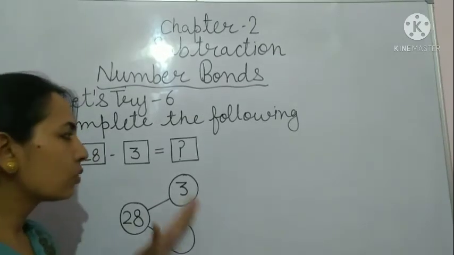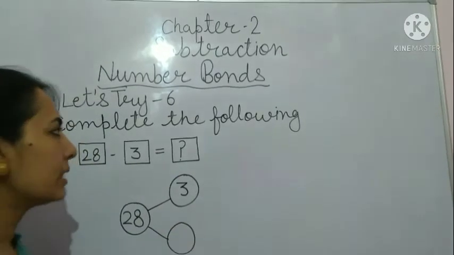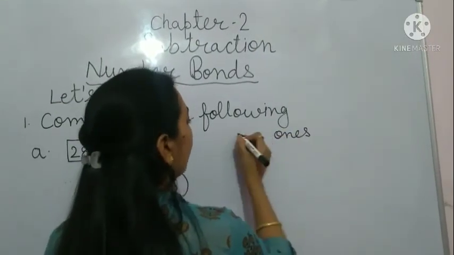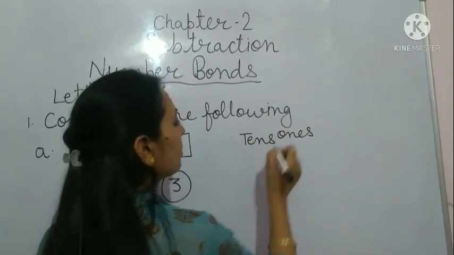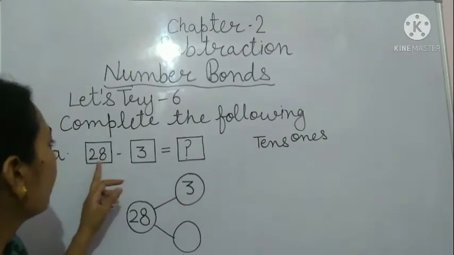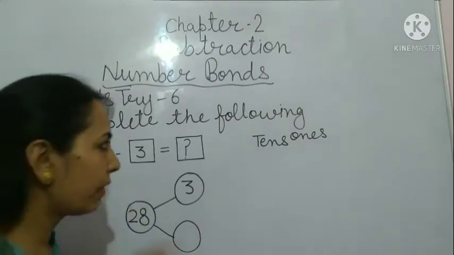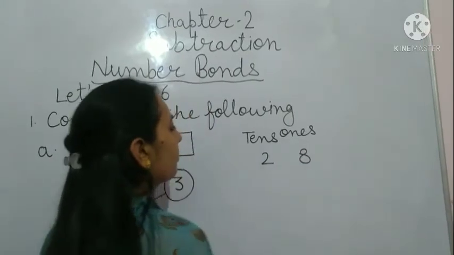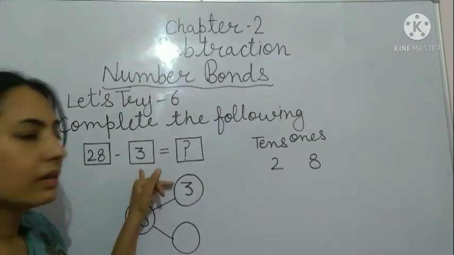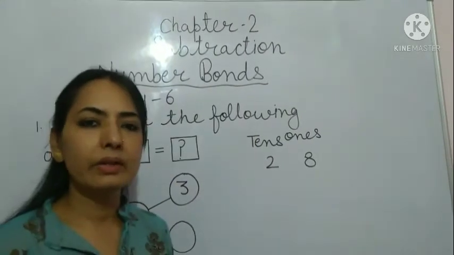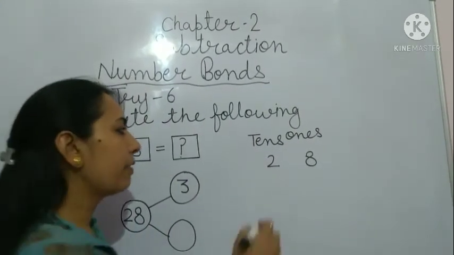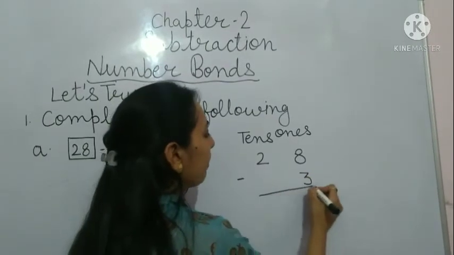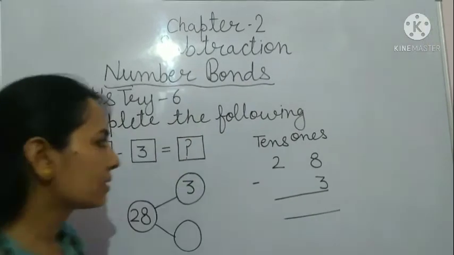So first, अब इसको हम simply करके, first we will solve it in a simple way. So we will write here ones and tens. So we have 28, a greater number, so we'll write it first, 20 and 8. Now we have 3. So 3, as I told you कि 1 से 9 तक जो भी numbers होते हैं, these are ones. So we will write it at ones place. We will put the sign of minus here, and now we are going to minus it.